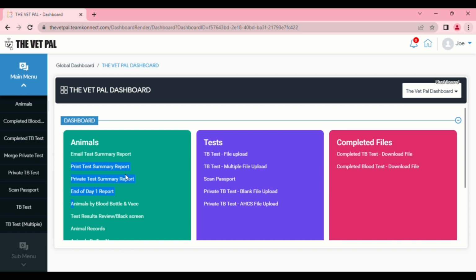If you were doing a private test, you would just click this one and it'll filter it just for private tests that were complete, and it will only print a list of animals that were tested. It will not include untested animals. And the end of day one report refers to situations where you scan your passports between day one and day two and you want to print a summary report for a farmer before you arrive on the farm on day two. So this will take account of any animals that weren't tested on day one,